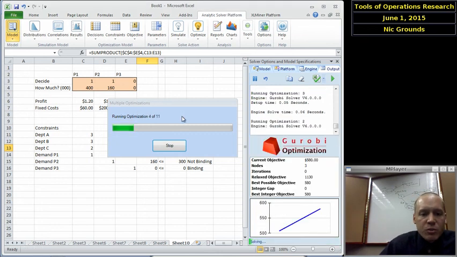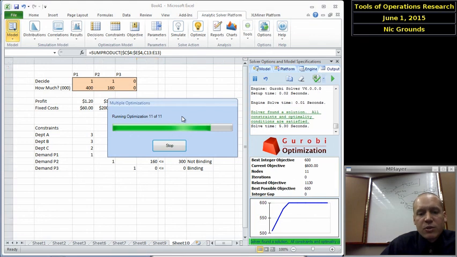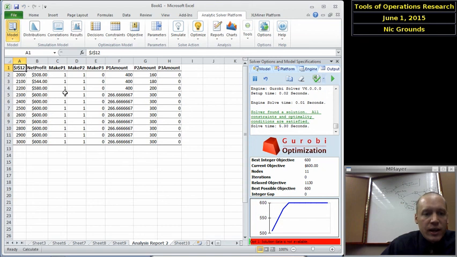So we'll generate that report and say, if department B's hours was increased from 2,000 up to 3,000 in increments of 100, at what point would we make a different decision? So for every 100 hours of increase, we decided to make more P2. So we can make more P2 up to a point at which we